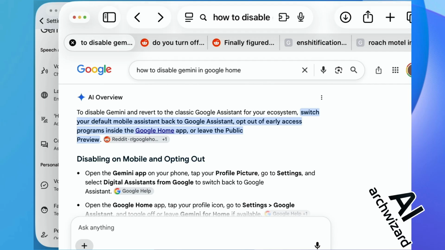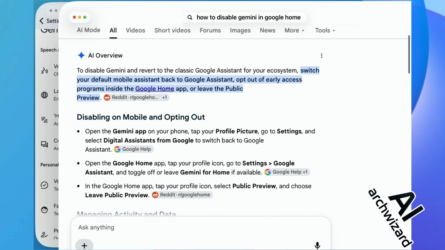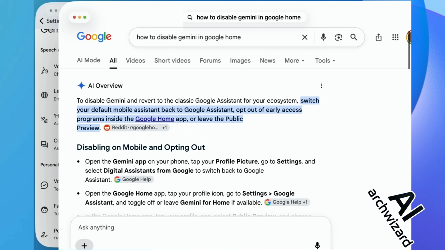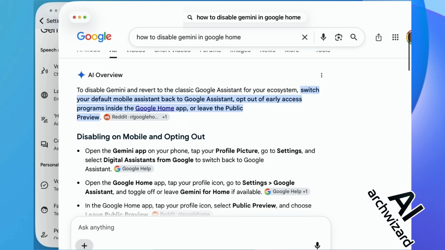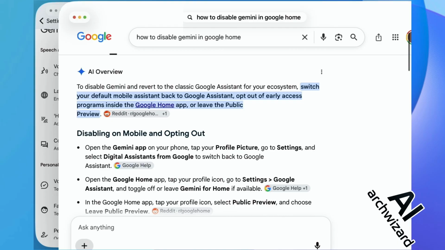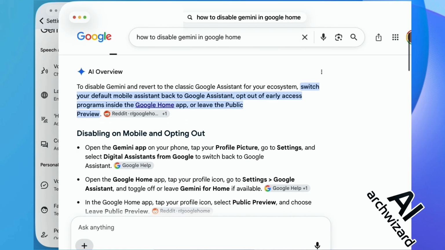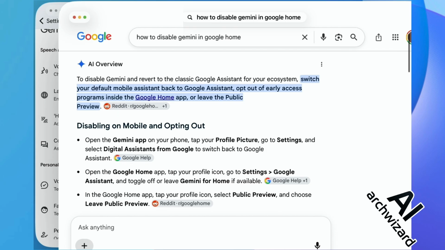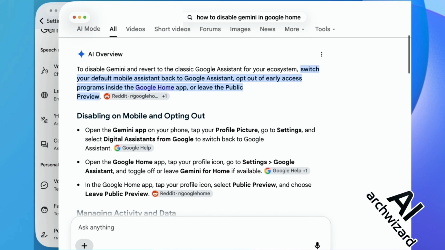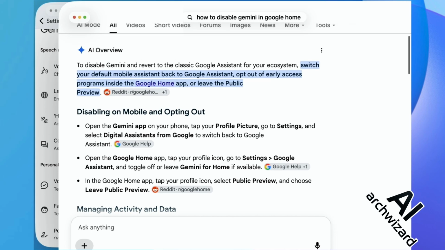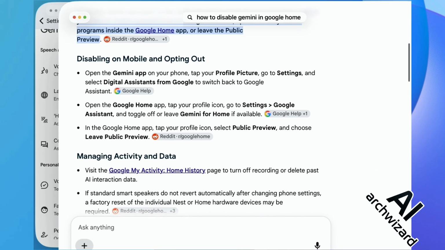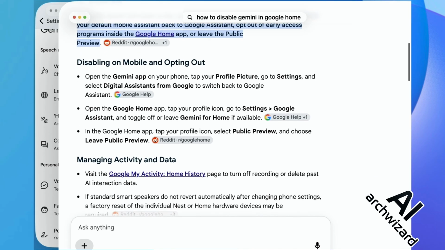And another way is recommended directly from Google to disable Gemini and revert to the classic Google Assistant for your ecosystem. Switch your default mobile assistant back to Google Assistant. Opt out of early access programs inside the Google Home app, or leave the public preview. So, disabling on mobile and opting out.